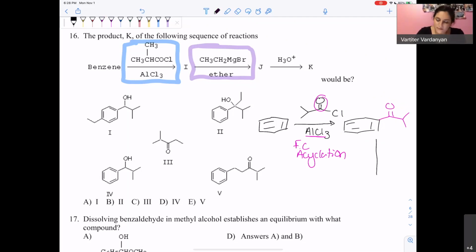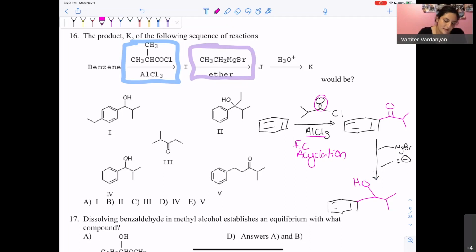So from here, we have a second reaction, and this is also kind of an iconic reaction because we have MgBr. So what is MgBr? Grignard. Grignard, cool. So we're going to just go ahead and make this into the Grignard reagent instead of drawing it the ugly way. And we have a CH3CH2, so that's what it's going to look like. And the Grignard reagent is essentially going to attack here. So we end up with, let me keep the color coding. So we end up with an